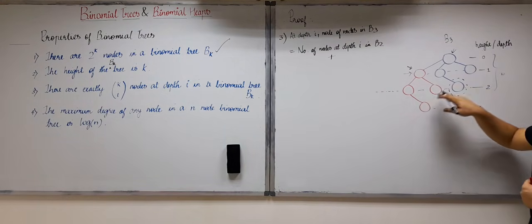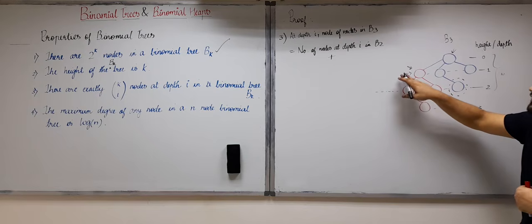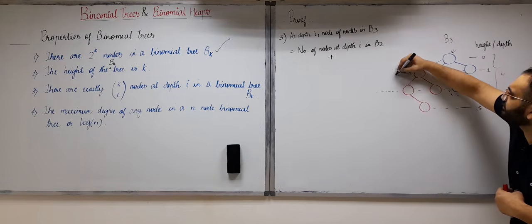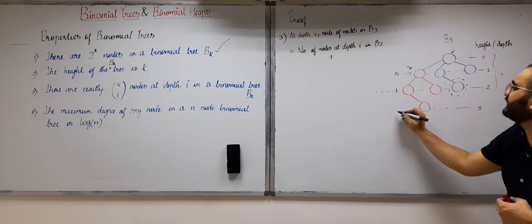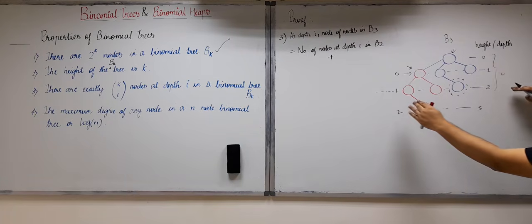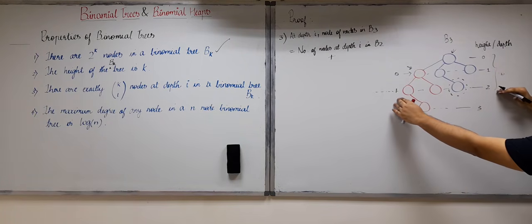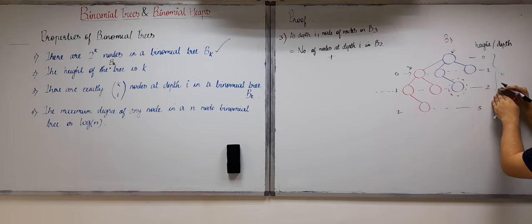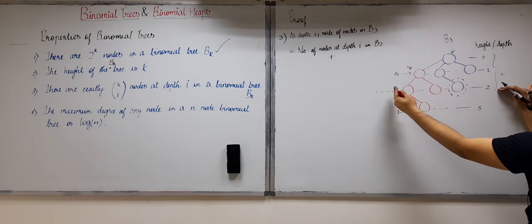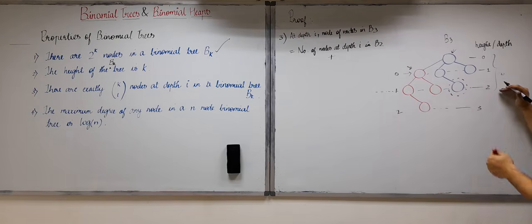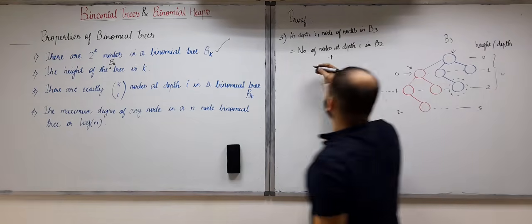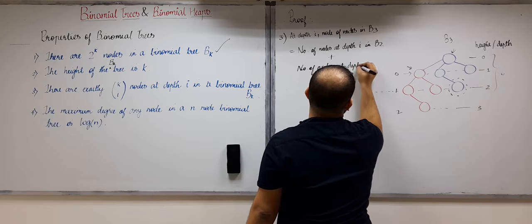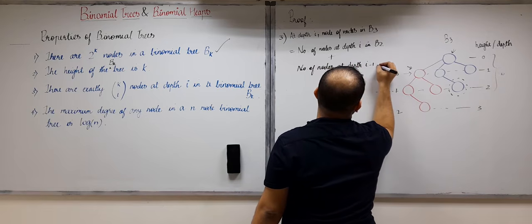the number of nodes at depth i minus 1, because this B2 starts from here, so the depth is 0, 1, 2 for this B2, whereas in the case of B3 the depth has reached 2. So this depth of 2 will contain the number of nodes of B2 for the depth of 1 plus the number of nodes of B2 at the depth of 2 plus the number of nodes at depth i minus 1 in B2,